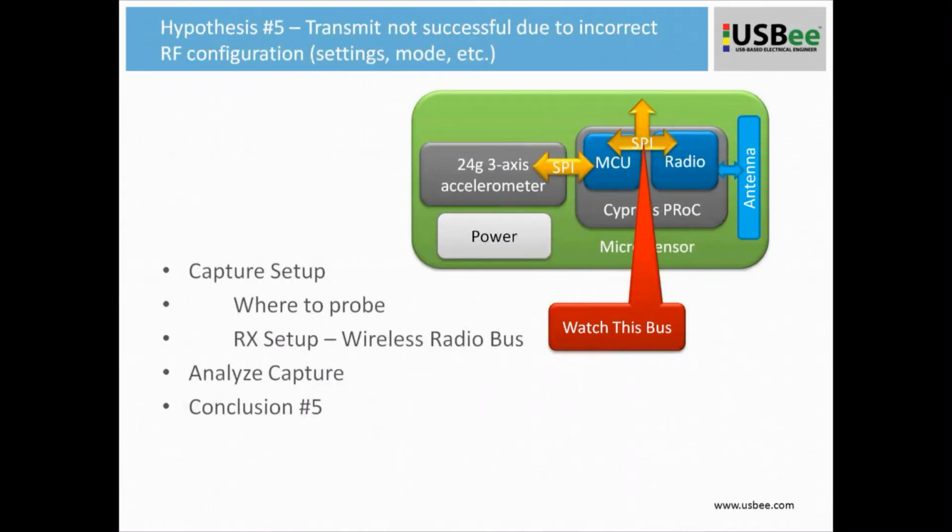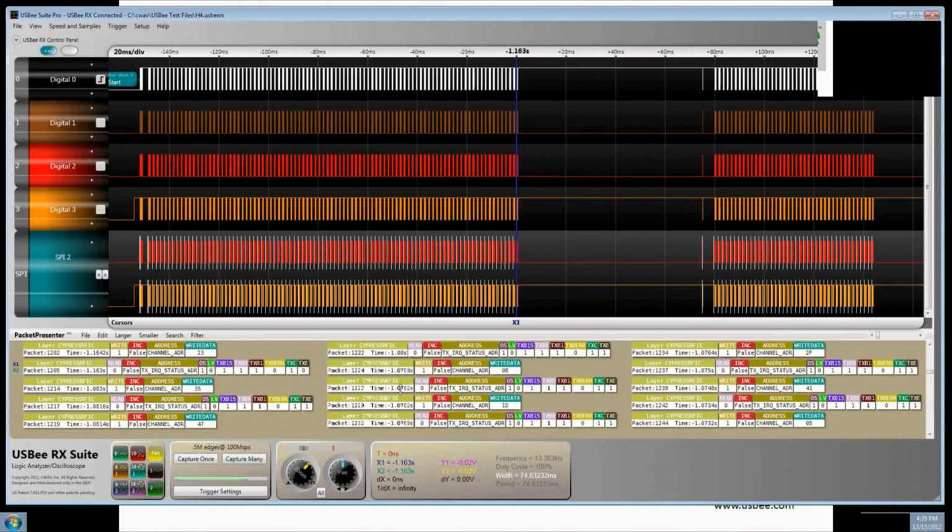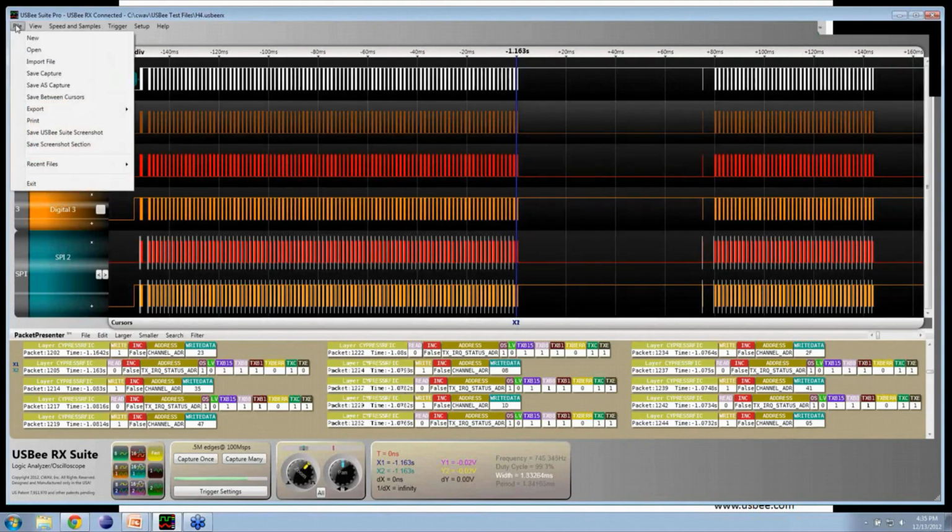Is it possible that this transmit is not successful because of incorrect configuration? When you transfer data wirelessly, there's a couple of parameters that are important. One is the channel, but another is the power amp setting. How strong are we broadcasting? So we are going to